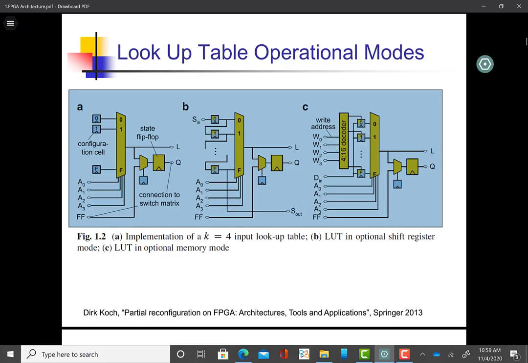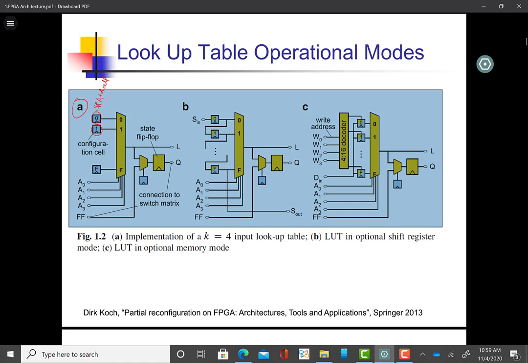Now in commercial FPGAs, the lookup table is implemented in a way that it can be configured to multiple functions. So let's take the circuit in A. If we see, we have these configuration cells here, which is called SRAM cell. So in the first cell we have a 0, in the next cell we have a 1, then in the F cell, which is the 16th input,